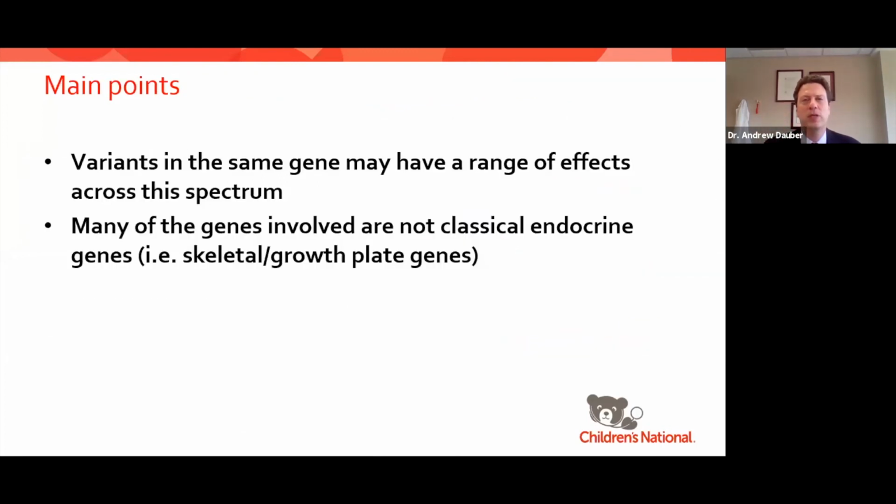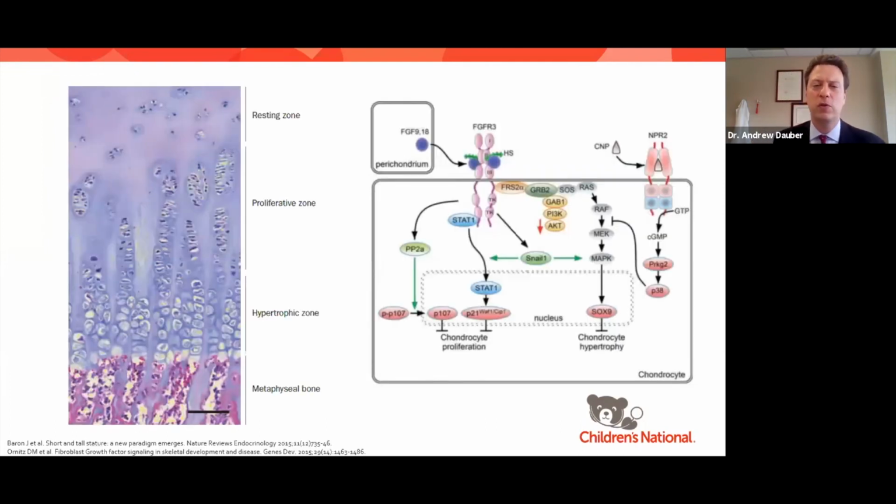So the take-home point that I wanted to get to you from this Aggrecan story is that there are variants in that same gene that have a range of effects across the spectrum. So you saw from the Genome-wide association study that Aggrecan influences height in the general population by just a few millimeters, but then there's going to be this range all the way to severe skeletal dysplasias. And that many of the genes involved in growth are not necessarily classical endocrine genes, but rather skeletal or growth plate genes. So with that idea in mind, I want to turn and focus a little bit more on the